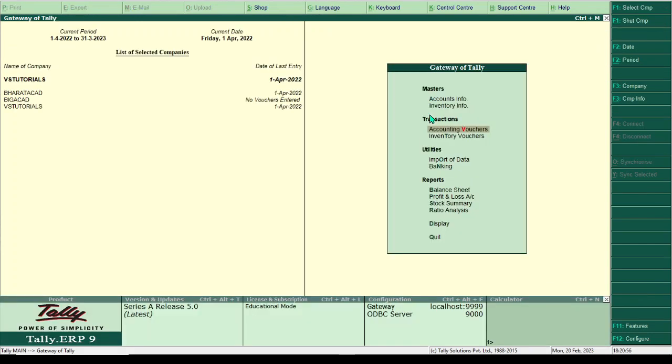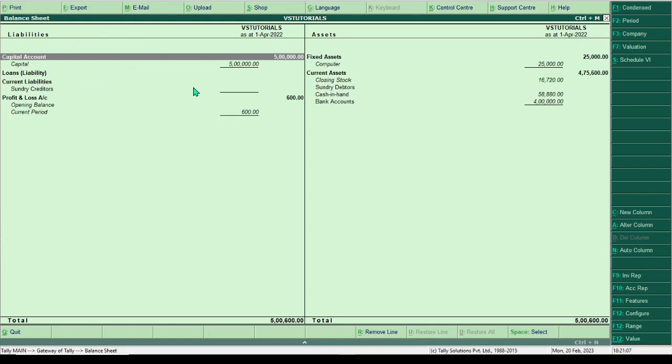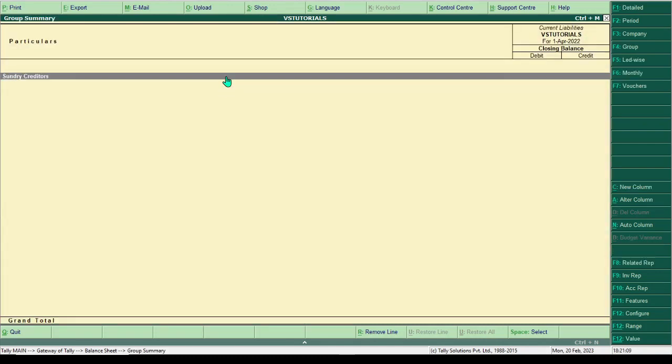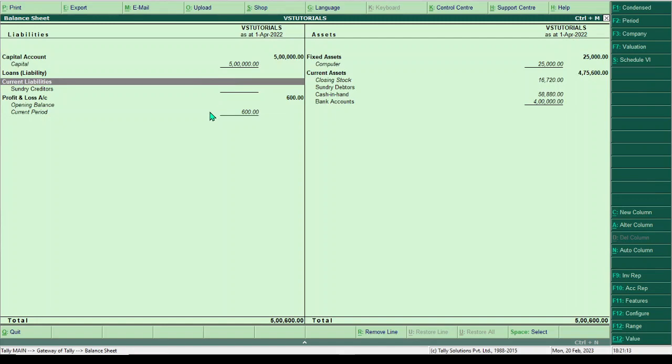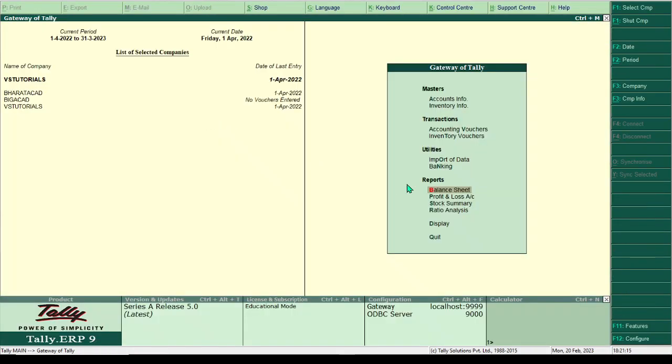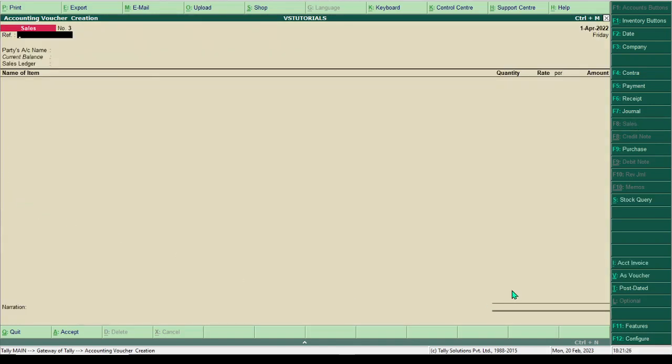Now if we want to see our balance sheet, we can see that we don't have any liabilities now. Current liabilities is 0. ALT plus F1, current liabilities is 0. Sundry creditors is 0. We have thus successfully paid our amount. So if we want to now sell our stock, we can go to accounting vouchers and we go to sales section and we